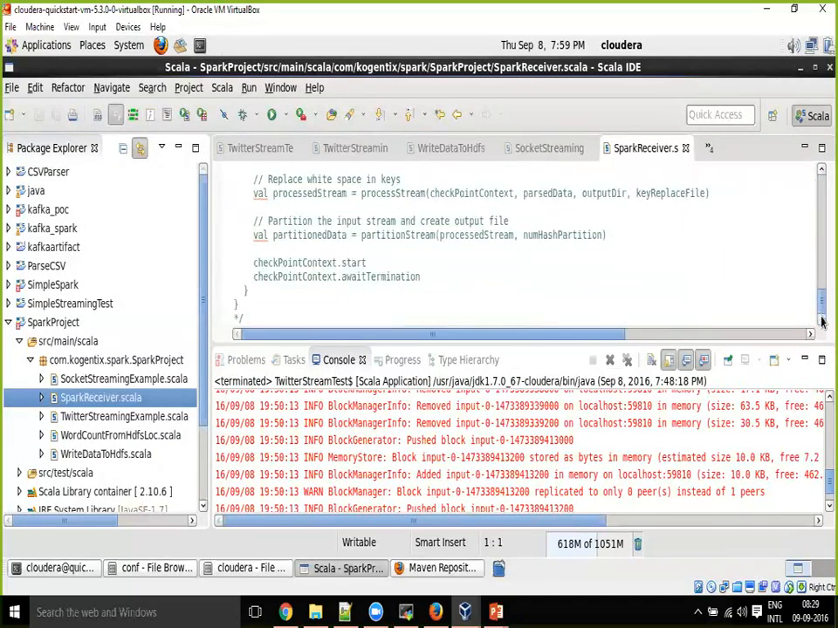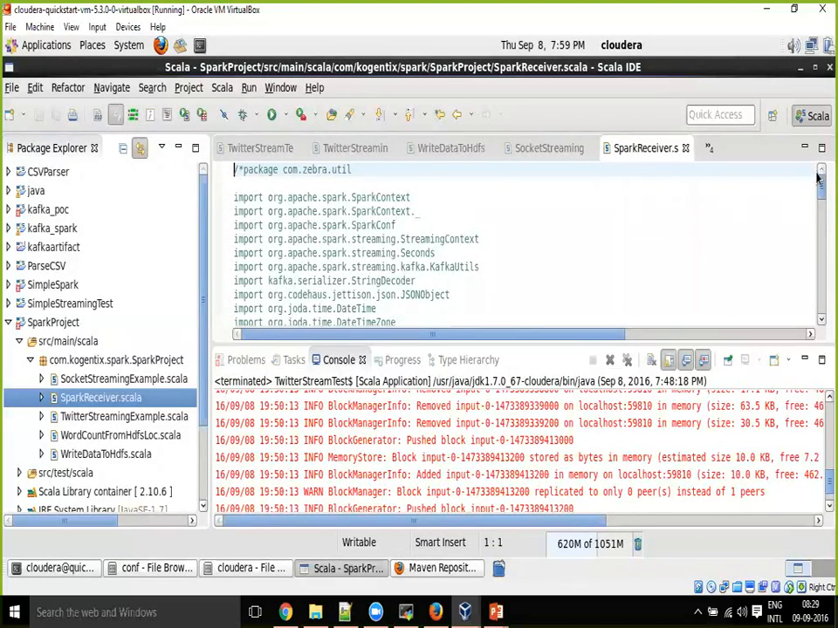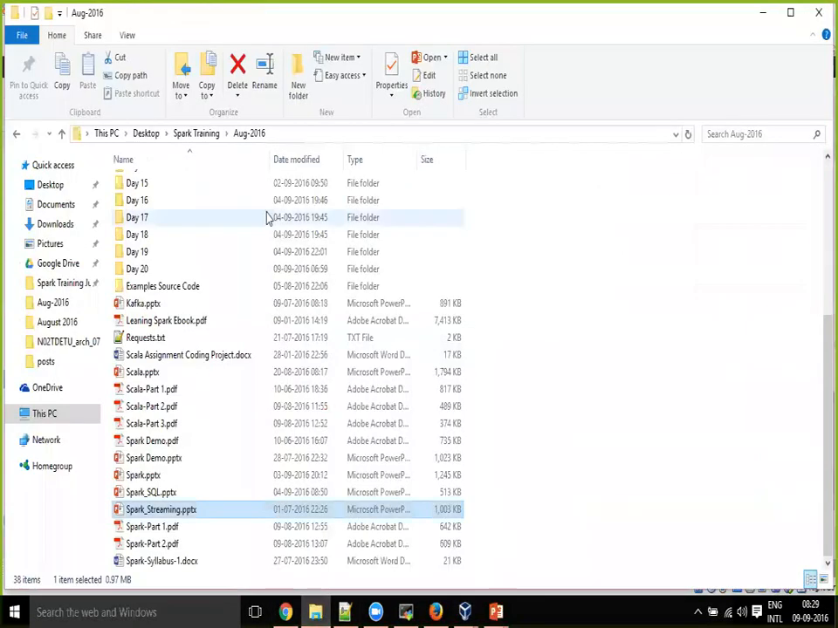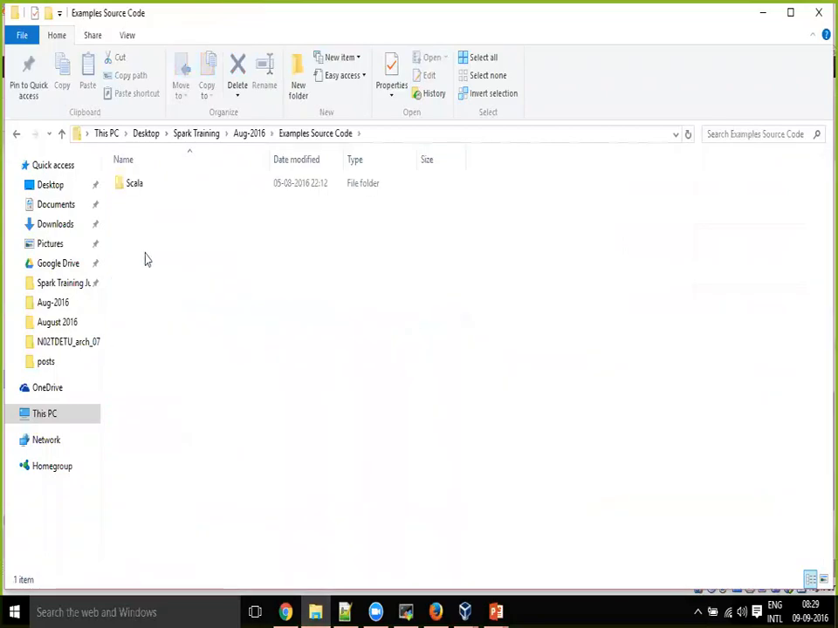Shiva, these projects are not shared because I tried to copy those Maven things. So I think it is not shared. I'm not sure where it is. Code examples. Oh, examples. Okay. Then